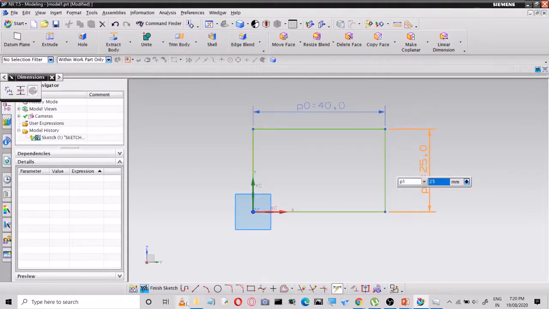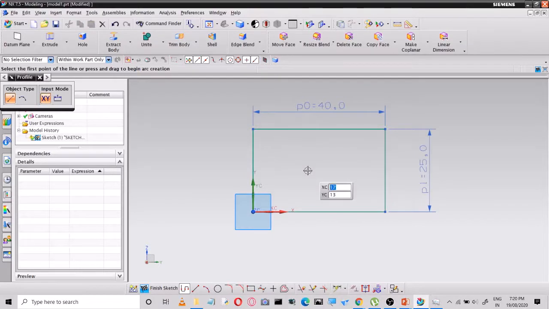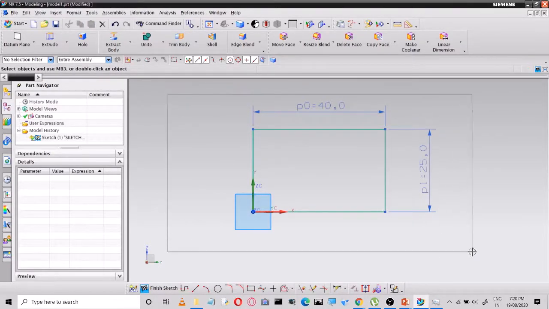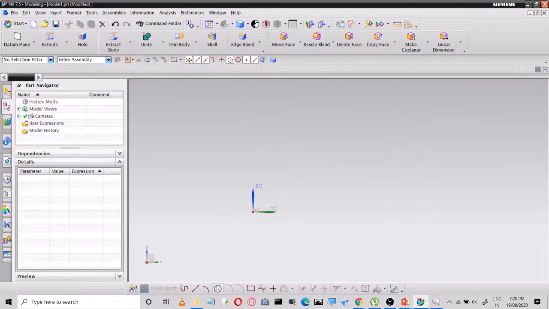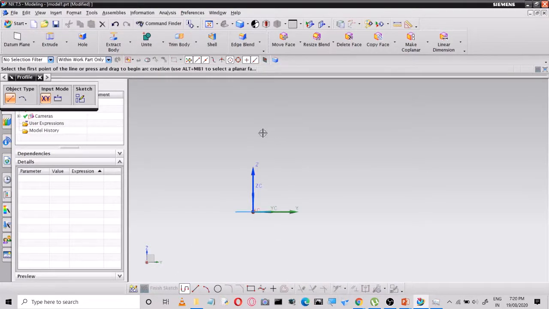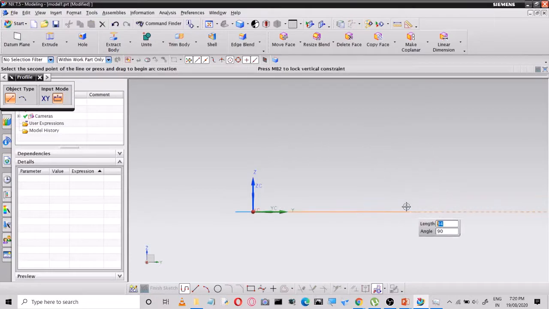Suppose if you want to draw the line and arc continuously, you can switch over from line to arc in the profile command itself. Let us take, I want to draw an elongated hole here. Elongated hole. Now I will start here. Now I will switch to